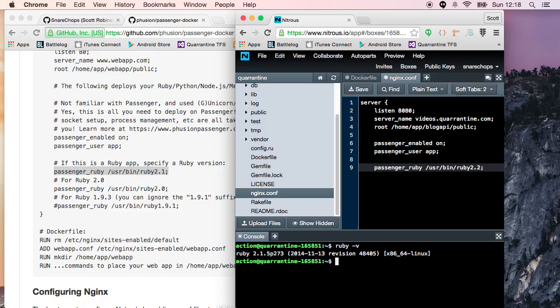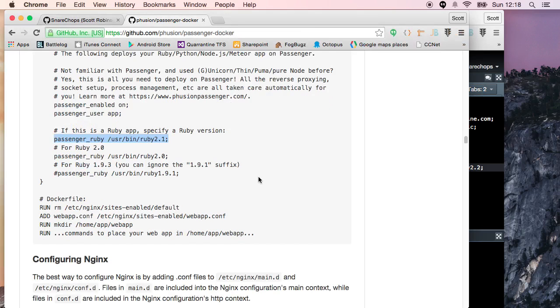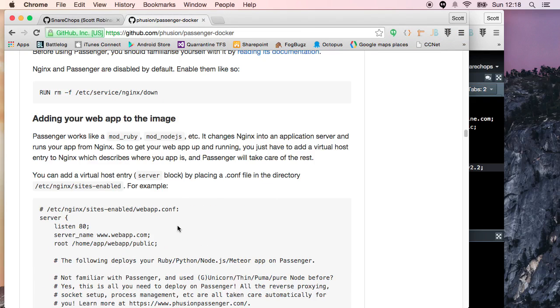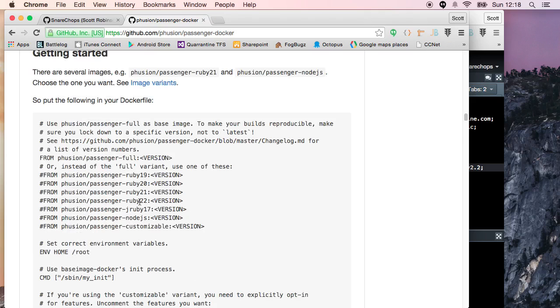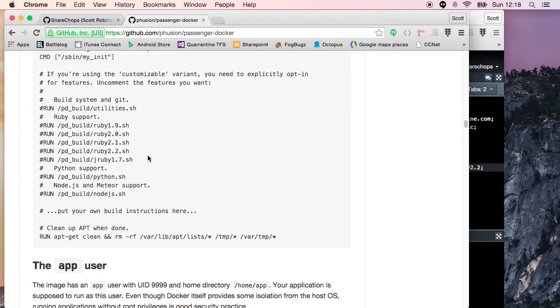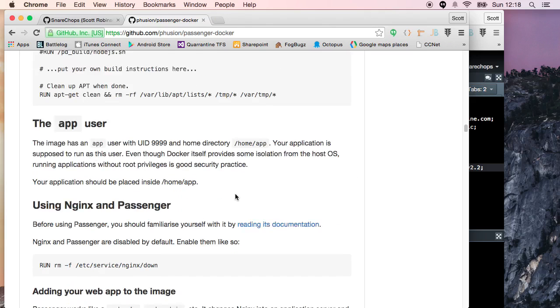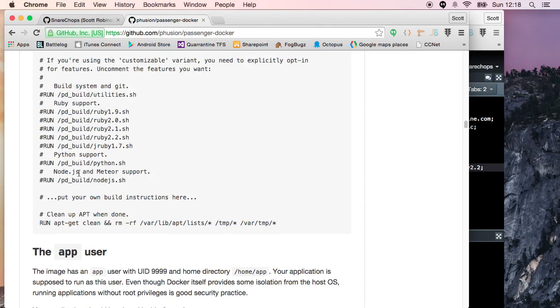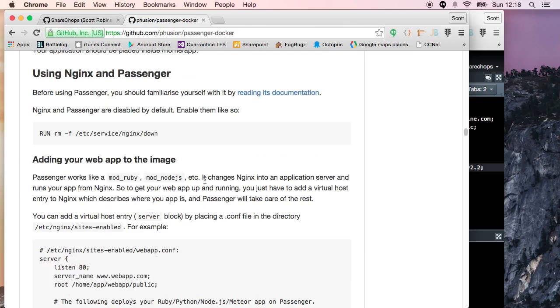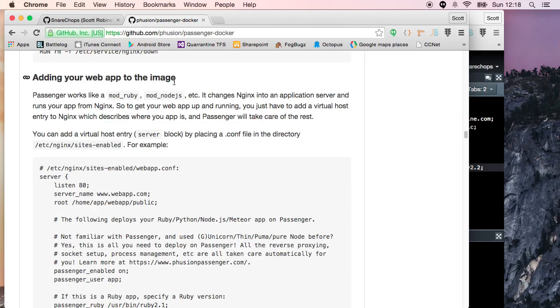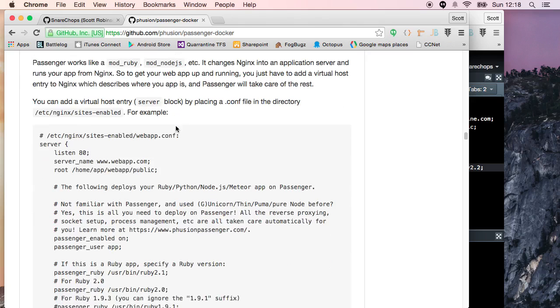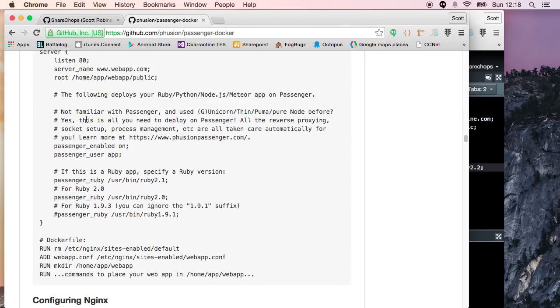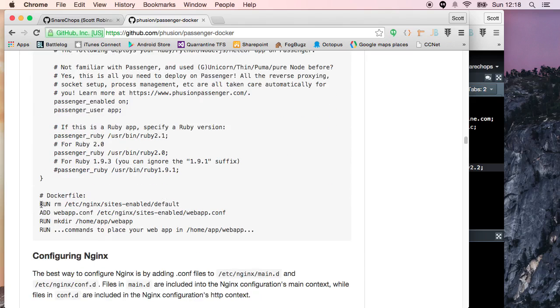Currently it looks like we're on 2.1, but this should work with 2.2 just fine. Plus we're targeting the 2.2 version of the Passenger Ruby, so it just makes sense to use that. Okay, so we've got a lot of this copied over. We set up the configuration file. Now we need to start moving some of the configuration file